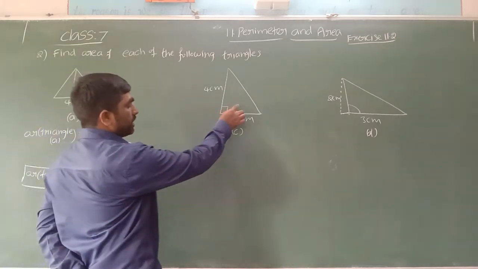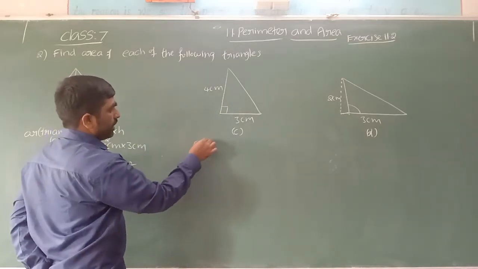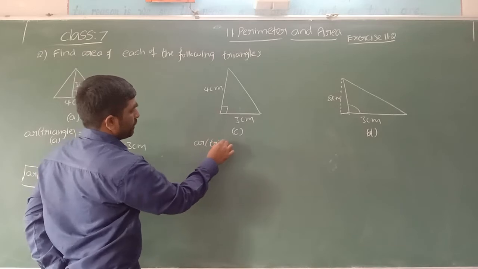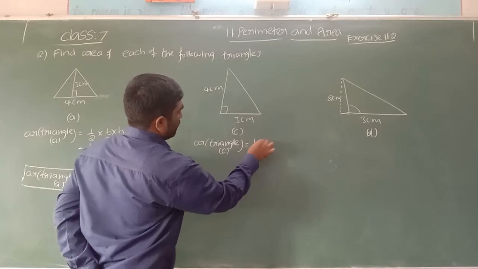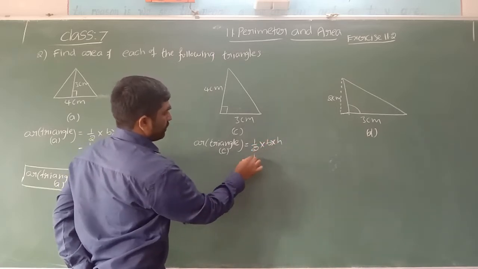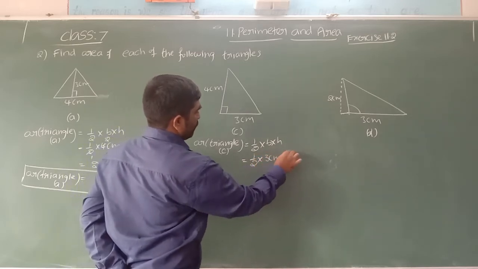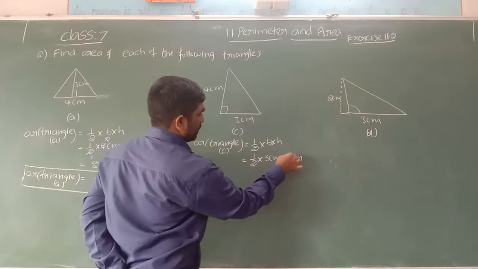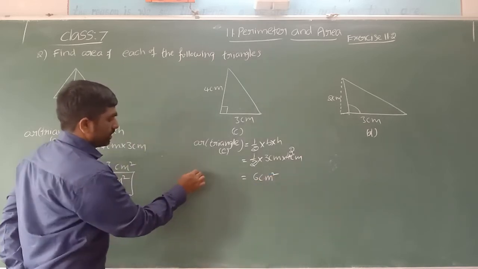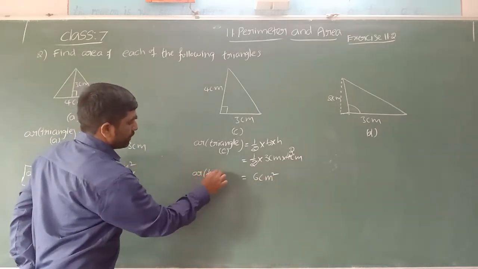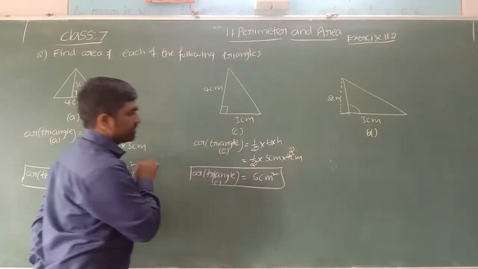Let us see one more. It is a right angle triangle. I said one of the legs we consider as the height. So let us find the area of the triangle. Area of triangle C is equal, same formula, half into base into height, is equal to half into, what is the base? 3 centimeter, into what is the height? 4 centimeter. So 2 1s are 2, 2 2s are 4, 3 into 2 which gives us 6 square centimeter. Area of triangle C is equal to how much? Which is 6 square centimeters.